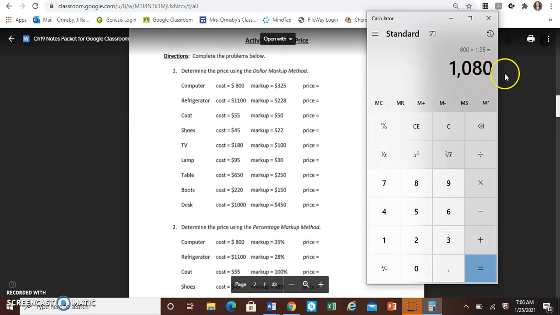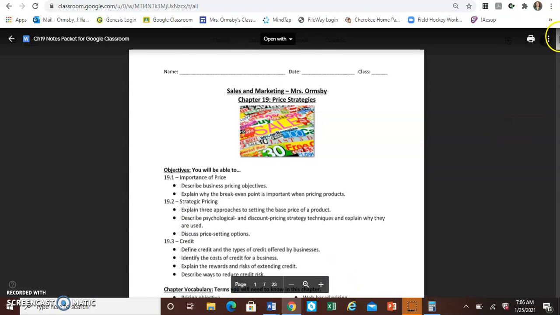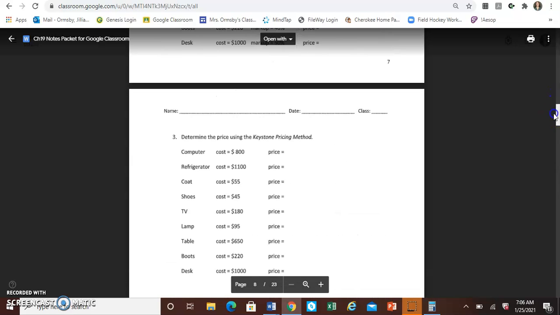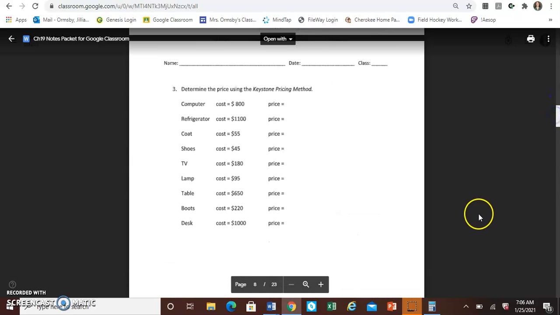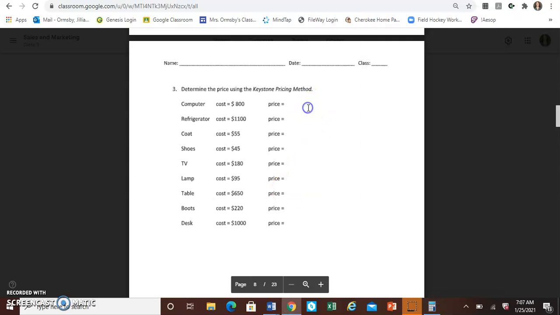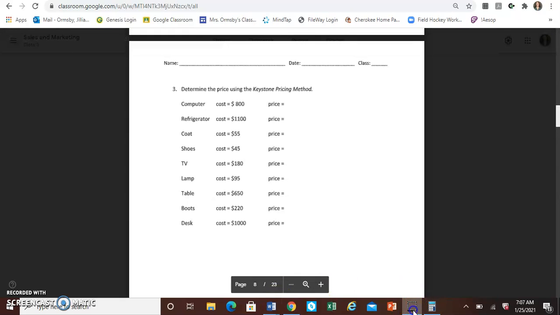So 1,080. And then our last method is keystone pricing. And keystone pricing is super easy. All we have to do is take the cost, and with the keystone method, the markup is always 100%. So you would just multiply that by 2, and it would give you 1,600 here. If you have any questions while you're working,